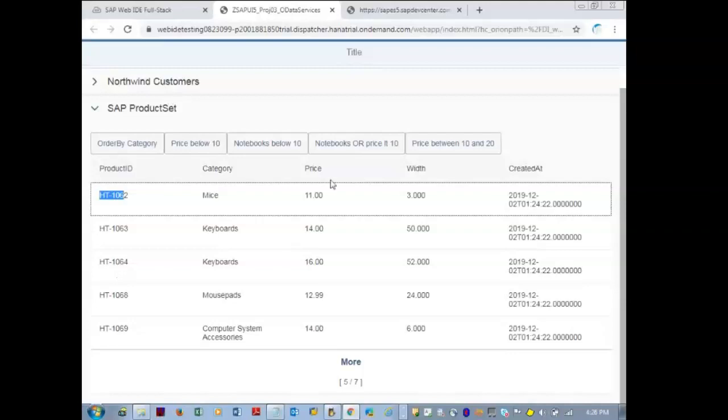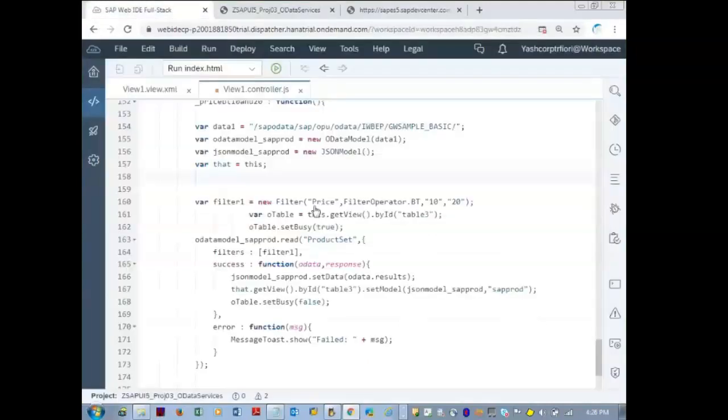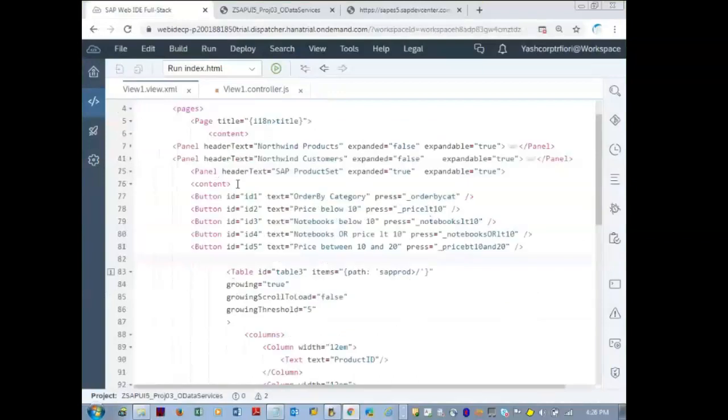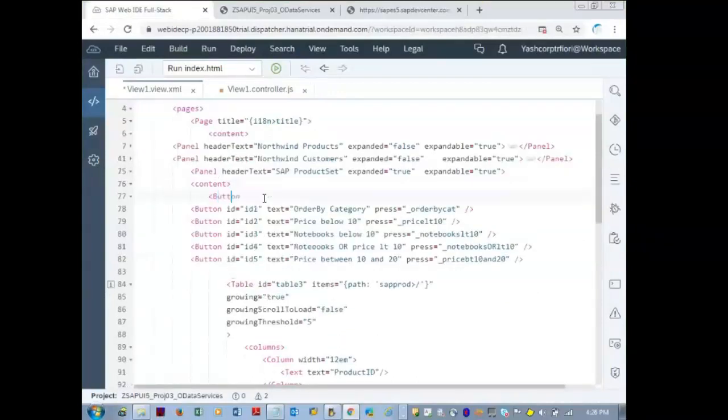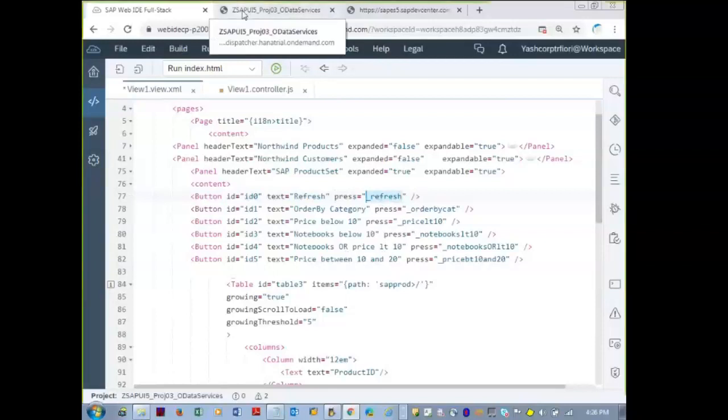Okay, fine. One more thing here: I want to refresh the table also. So I'll add one more button here, refresh. For the time being, refresh acts the same as when I refresh the browser here.